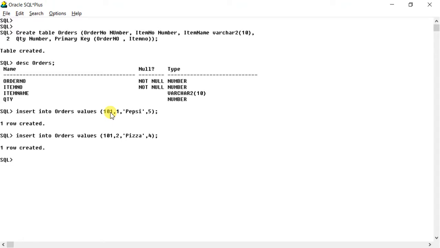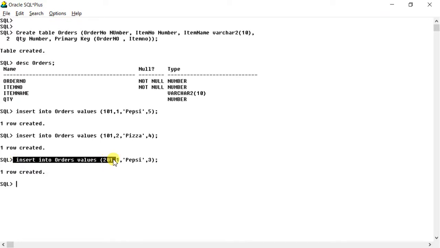Now somebody else has ordered the same Pepsi. So his or her order number will change. Let us make it 201, 1, Pepsi, and 3 quantity. So you can see this data has been created.